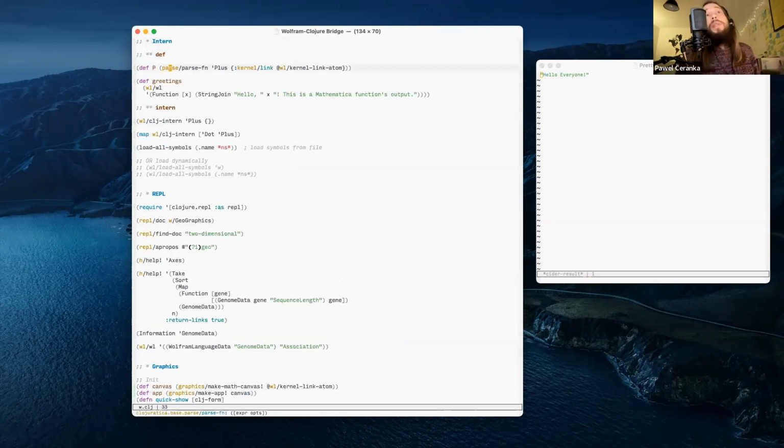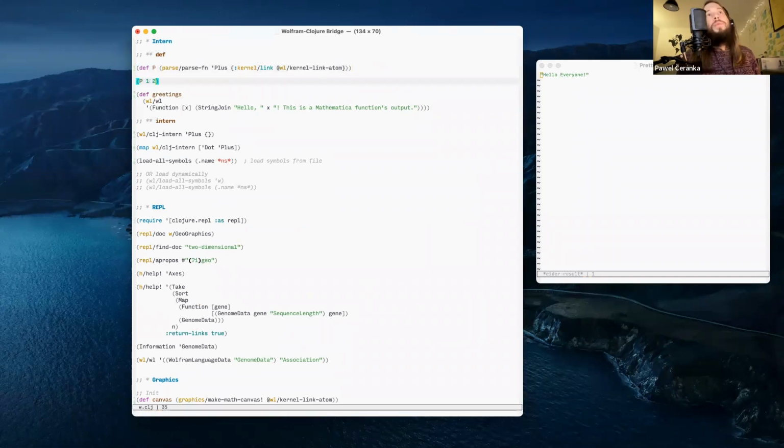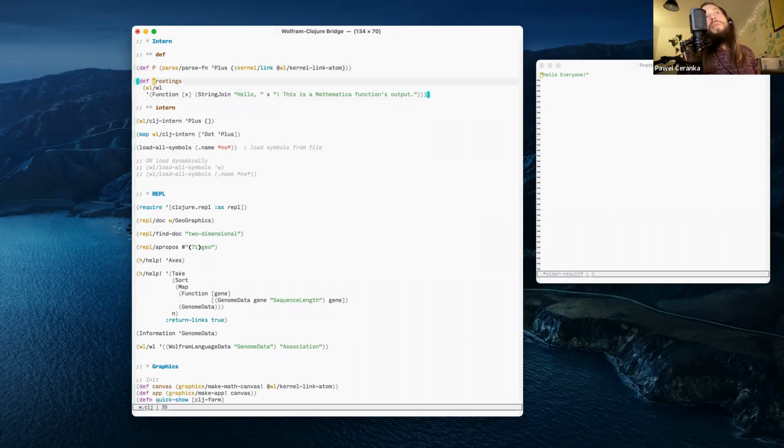Now, sometimes you use something quite often, and you want easy access to it, and you don't want to construct those data structures and give them to the eval function. You just want to intern it as a more native Clojure symbol, right? So what happened here is we are passing the plus symbol as a function, given the link to the kernel. There's a default one, but you can pass it as an option. You can have multiple kernels, stuff like that. So this is now just a plus function that takes however many arguments.